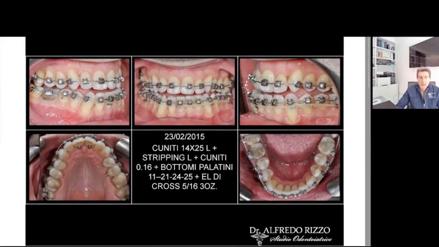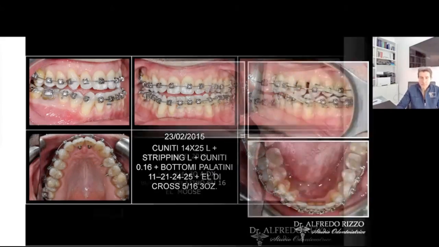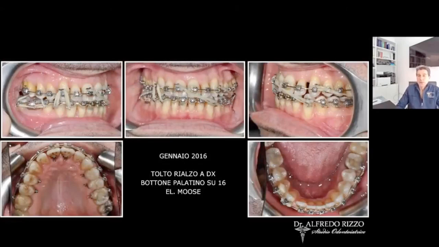We use TADs on the lower lingual part of the teeth, and we wear the crossbite correction elastics both in the posterior and in the anterior. Here we have copper nickel-titanium 14/25 in the lower, and we give light force 3-ounce elastics. We go on through the treatment. We already see good expansion in the upper. Crossbite has been corrected, and our main tasks at the moment are the correction of the midline alignment